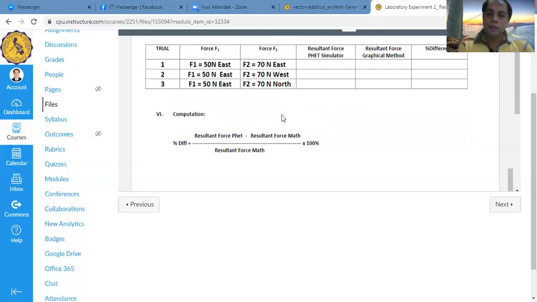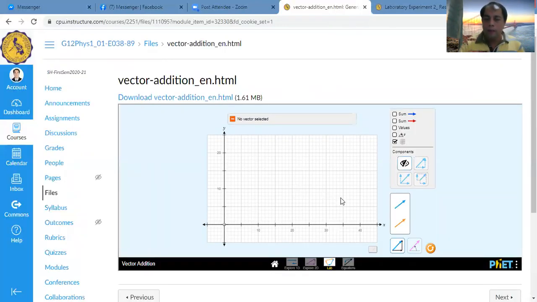That value will again be recorded over here. Now, our resultant force will be found using the PhET simulator, so we'll go to the PhET simulator now. Granting that we are dealing with a force, let me use an